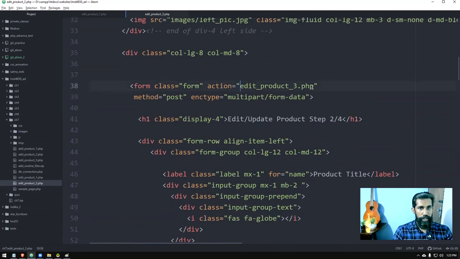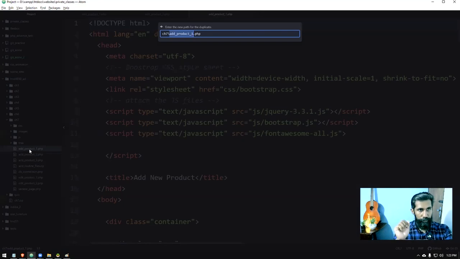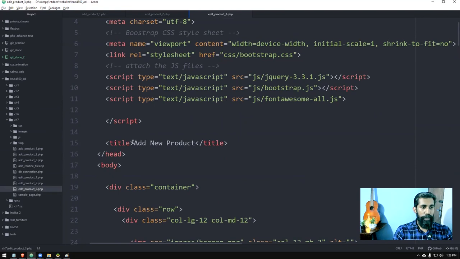Here we changed it, right? Now we're going to select add product one. Again, carefully watch this. Add product one I'm choosing. Then I'm going to select letter D on my keyboard, shortcut key. Then I'm going to change this, edit product 3.php, edit product 3.php. Edit product 3, I'm going to again say here,